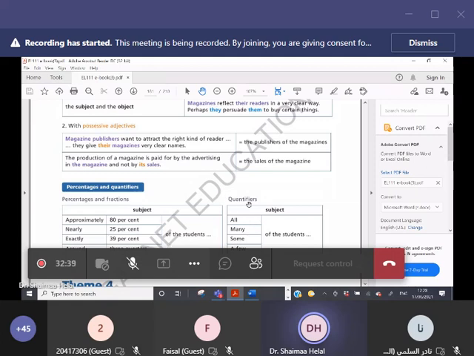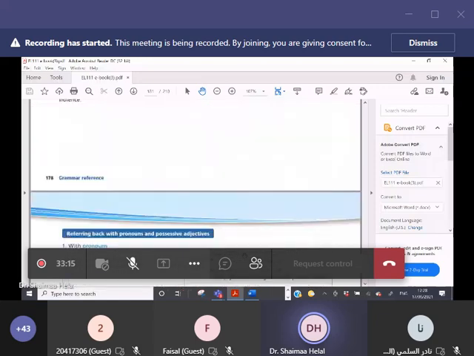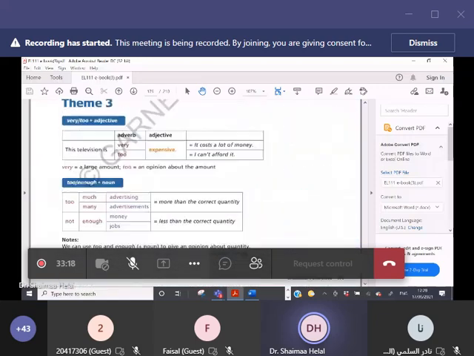And sometimes we are using quantifiers. What is the meaning of quantifiers? Like all of the students. Many of the students, some of the students, a few of the students. So we can refer to the percentage and the percent here and quantifiers. All of the students. All of the students here I'm referring to 100% and so on. Instead of using the percentages, we are just using quantifiers. Many, some, a few, all of them. Okay? So here we have finished the grammatical section related to theme 3.